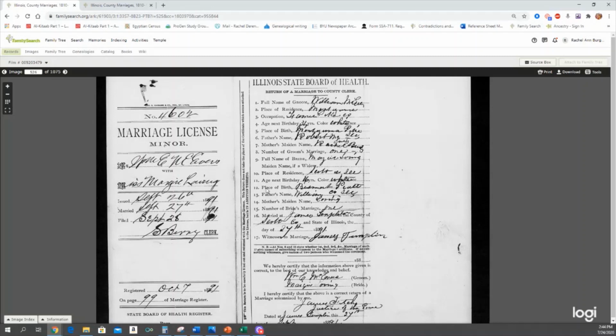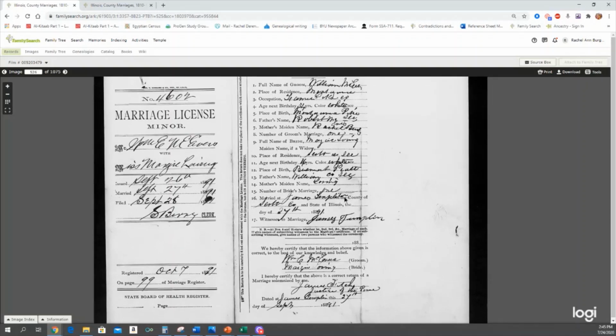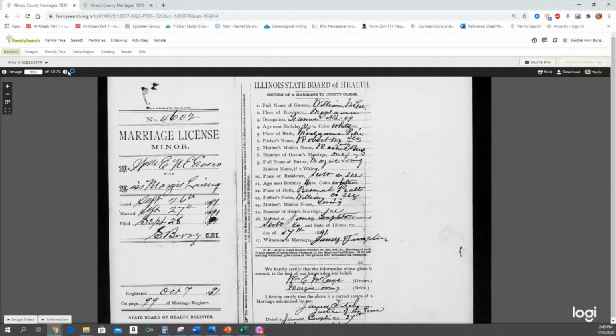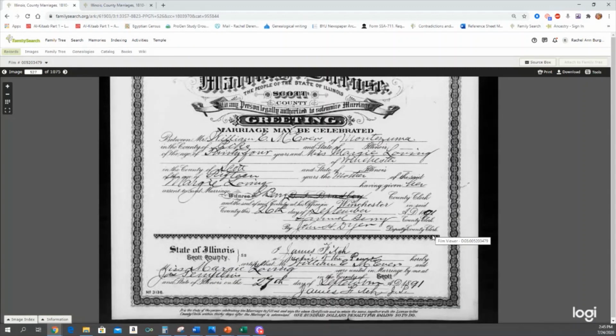You've got where Maggie was born, specifically where she was born, her parents' names, William's parents' names, their ages, where he was born. You'll see he's 34, she's 16. So you can probably be fairly confident that this is her maiden name and not another married name because of her age. You can come over here and it will tell you who married them, and that's something to look for. Especially if it tells you if it was a minister of the gospel of the Methodist Church or another church, because that can indicate where you might look for church records.